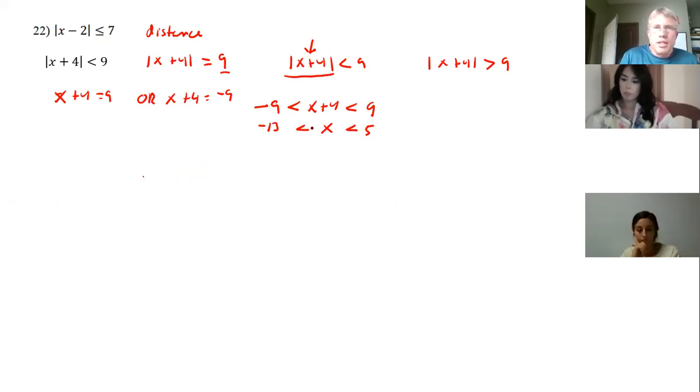So once you get this, you recognize, if you're doing it in interval notation, you're going to say x has to be between those two numbers. And really, you're saying x has to be between these two numbers for x plus 4 to be between negative 9 and 9. And if you graph it on a number line,